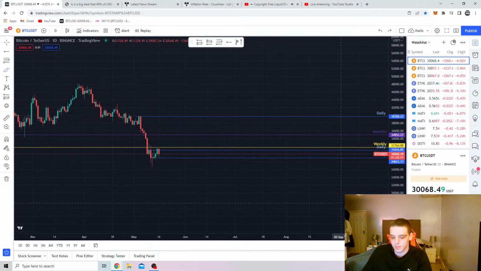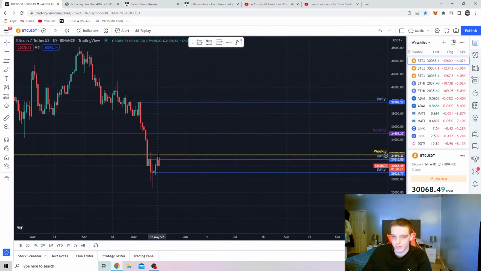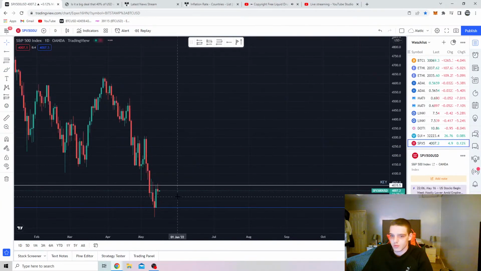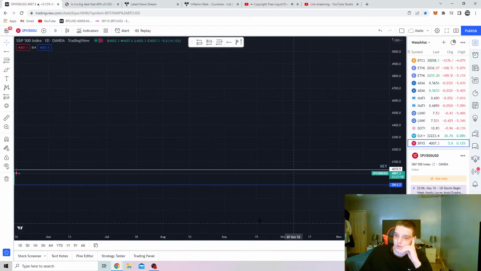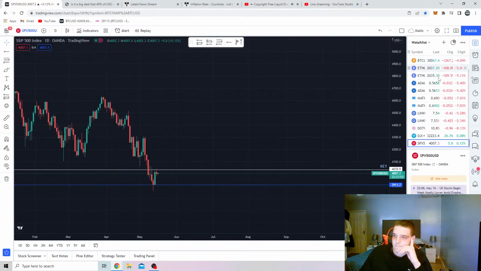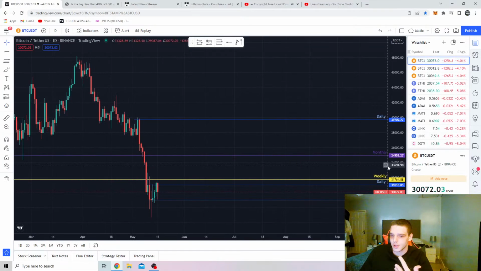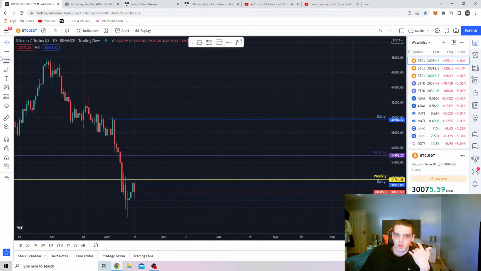As you can see with Bitcoin, as we talked about before, range bound. S&P 500 range bound between a key level. Once we break either one of these levels and we hold it, that's a good sign that essentially the worst is over. But it's a case of how long will it take. So obviously I'm not a financial expert, but if you're looking to throw your money into the market, I would at least wait for the first sign of confirmation, which is at least with me anyway, because I've got cash. This is just what I'm essentially doing, because I sold